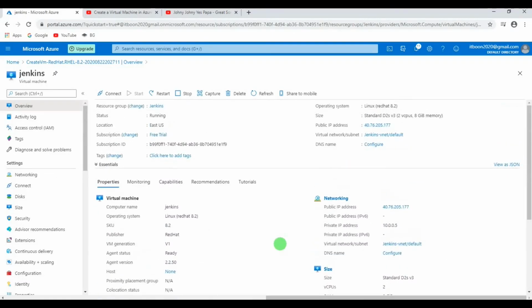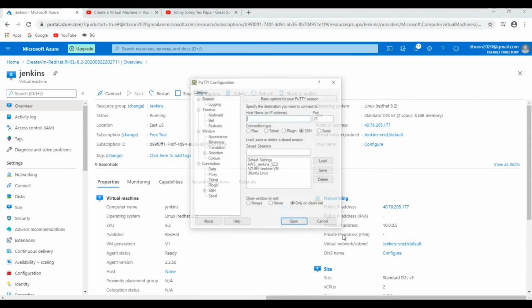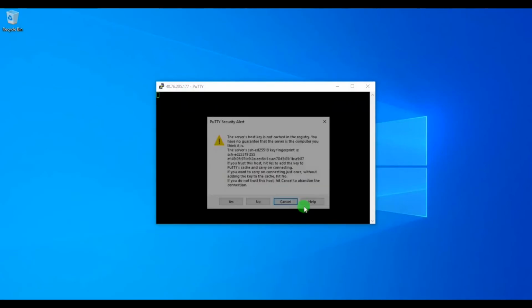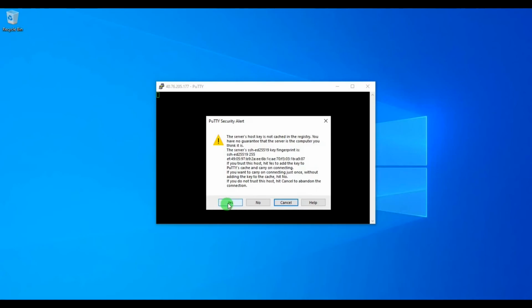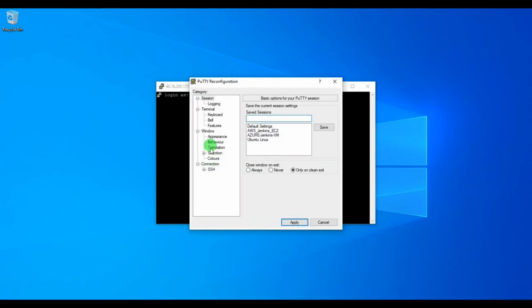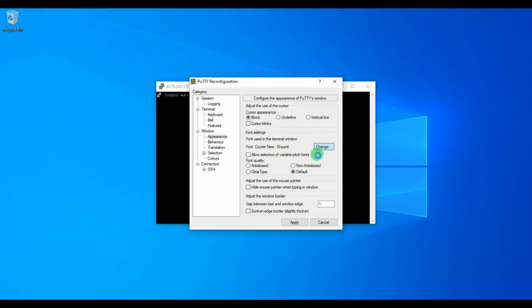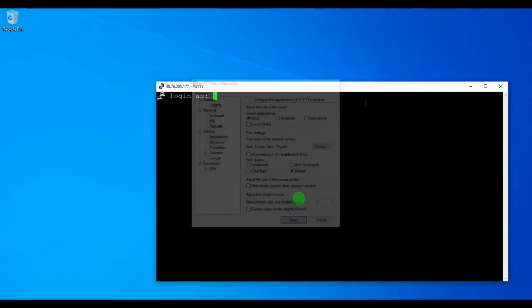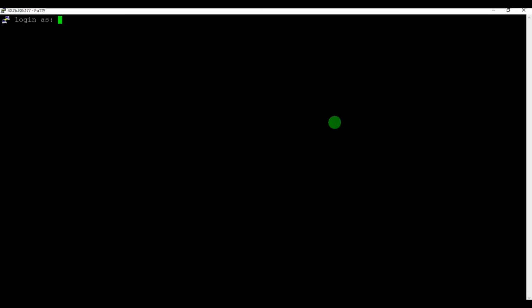For now, let's copy the IP address and go to PuTTY and try to log into the server which we just created. Okay, click on open. For the first time it will ask you yes or no. Just say yes. Enter the user ID which you created during the setup. Let me increase the font before I log in. Set it to some bigger number. I'll just enter my user ID here, ITBoon, and the password for it.